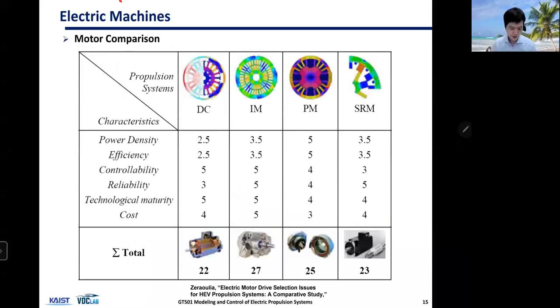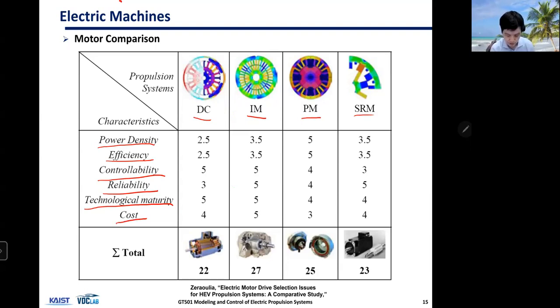So let's take a look at different types of AC machines or electric machines in general. This table compares different types of electric machines and gives you some scores on different criteria. And we're looking at DC machine and induction machines and permanent magnet machines and synchronous reluctance motor. And for characteristics, we're looking at power density, efficiency, controllability, reliability, technological maturity, cost,